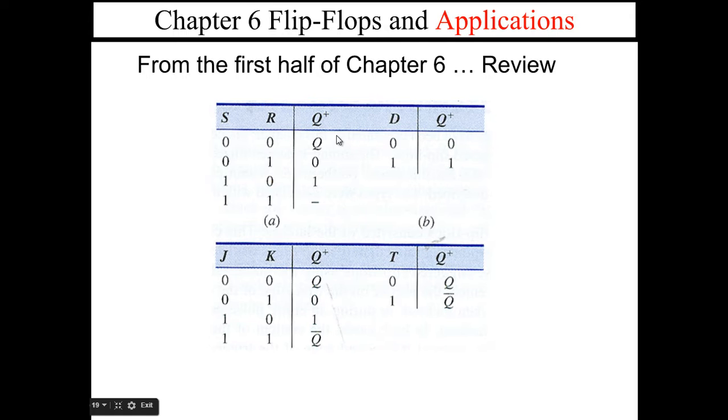We're not really going to deal with SR flip-flops. They are used just as a starting point to get the discussion going of the D and the JK and the T. The D flip-flops are so easy that the excitation table is easily created from the transition table, which we'll see in chapter 7. So because it's so easy, we're going to focus our attention down here on the J and the K and